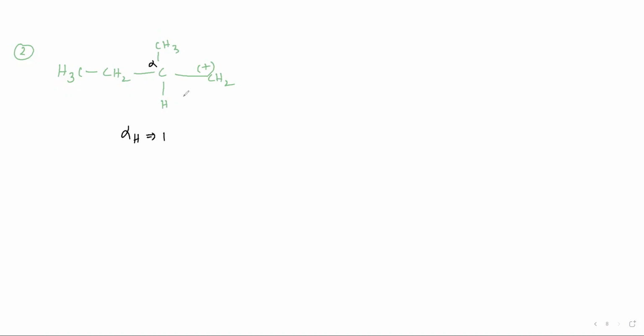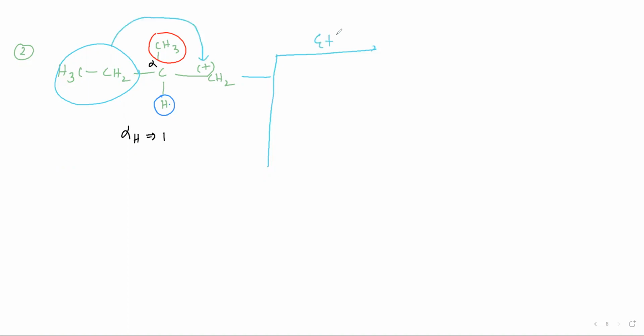Now, a hydride can be shifted. This hydrogen can be shifted here, as well as this methyl group, as well as this ethyl group. If the ethyl group shifts, first I am shifting this ethyl group here. This sign represents the shifting. So this one is CH, in which one CH3 is present. This one is CH2, and the ethyl group is directly added to this one.